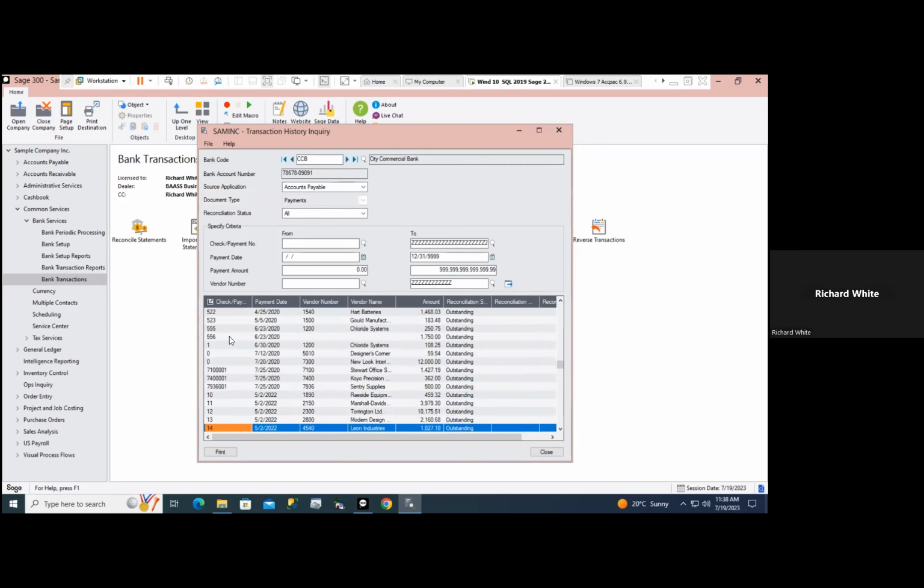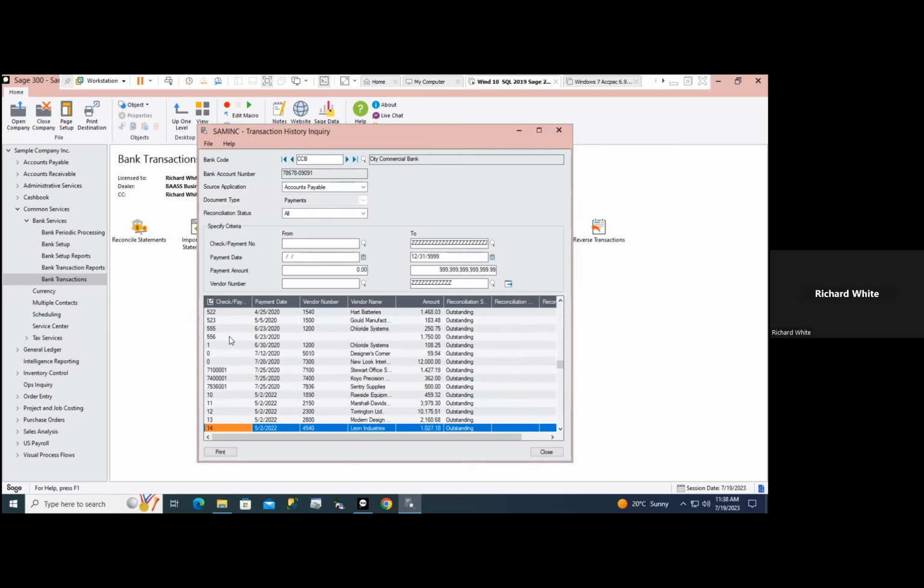But if I was to put a date here, these are the transactions that it found on those dates. Now you'll notice I'm in accounts payable. I can go to accounts receivable. I can do the same. So every receipt that's ever come in,